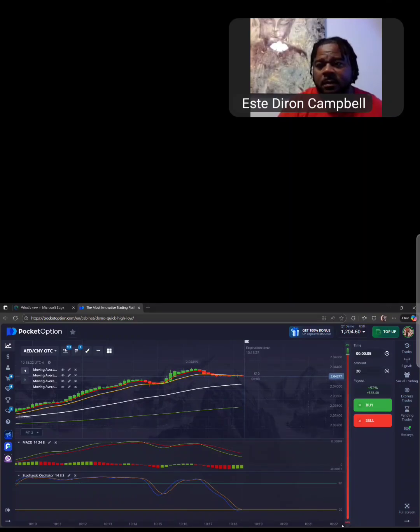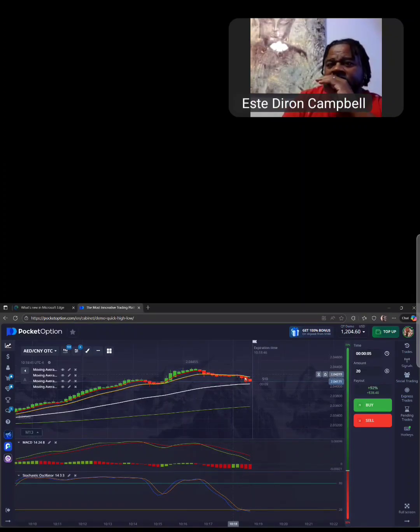So if it's more red, then it's a relatively strong sell. When I read that, it means the seller is in control. Gotcha. I've seen that on my Pocket Option, but I wasn't quite sure what exactly it meant. But even though this, look at that right now, you see now it's